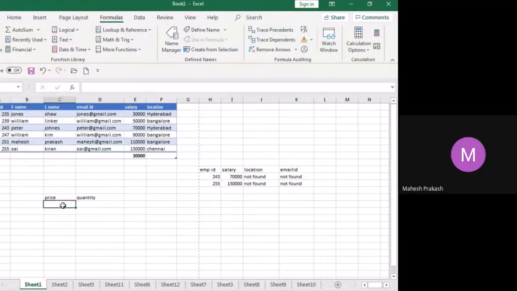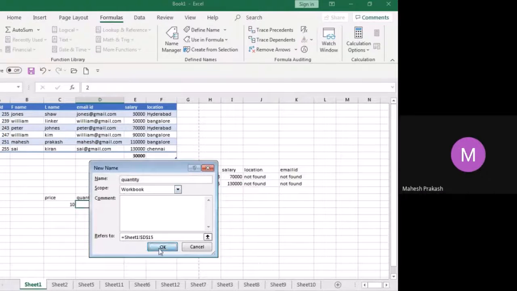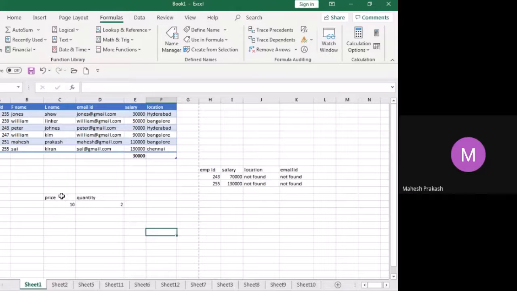Imagine the price is 10 and the quantity is 2. What should be the value? The value should be 20, but you can name this separately, define name, and you can name this as price and this as quantity. Done. Now see, when you click on price, you are seeing C14. When you click on 10, you are seeing price. You got it? What I'm telling?